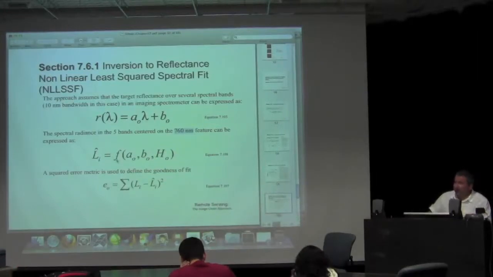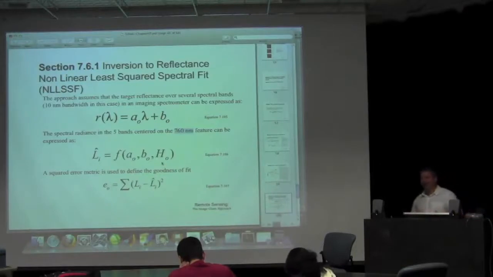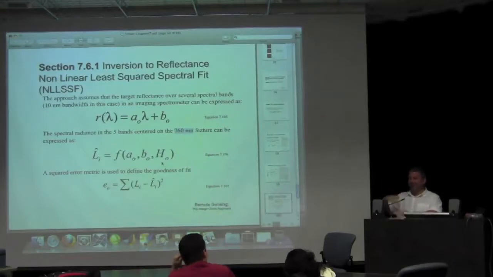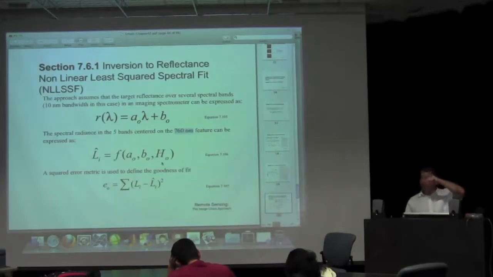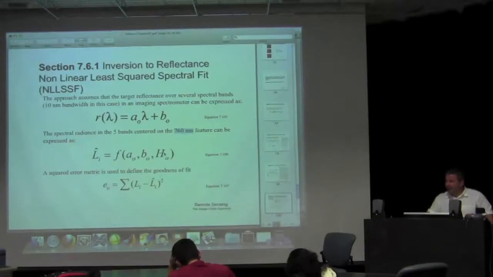Now that's going to be some nonlinear least square spectral fit function of the coefficients, A and B, and H naught. What was H naught? Go back to the beginning of class. That was the height of the ground, or wait, no, height of our sensor above the ground. So it's the atmospheric path between the sensor and the ground in any particular location. So why does that come into play? Well, the more atmosphere there is, the more attenuation, more path radiance,